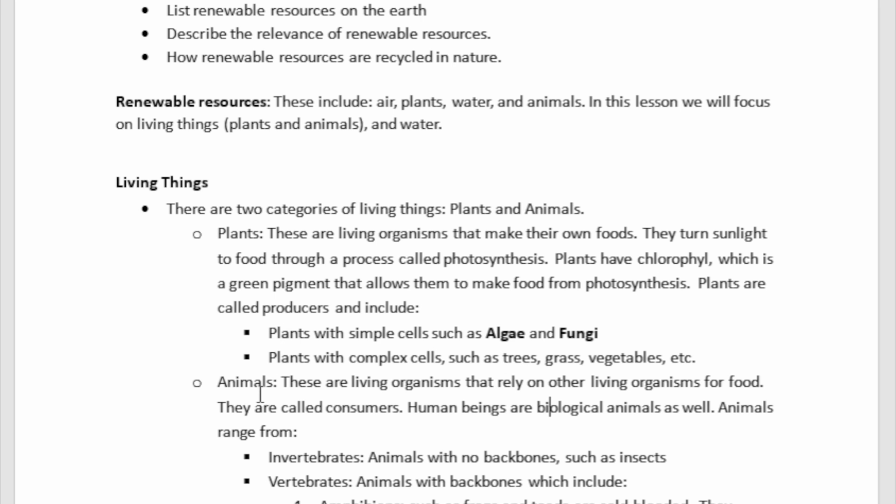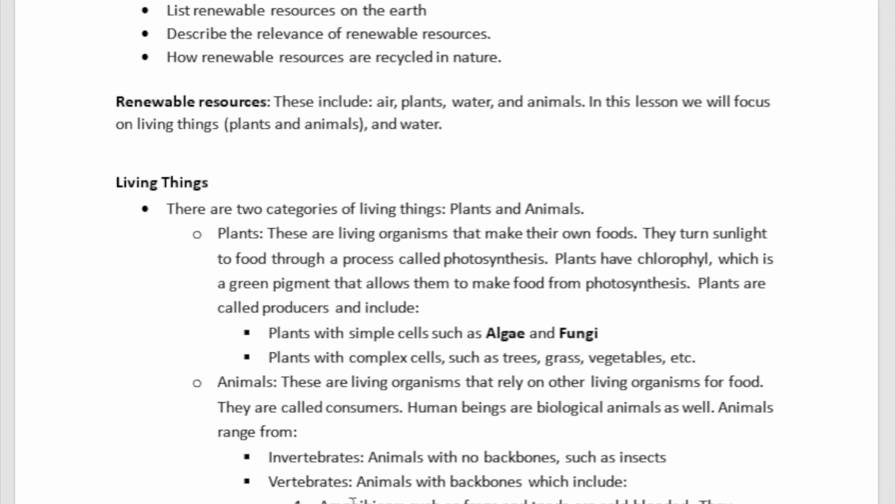And then there is another category of living things called animals, which is going to be inclusive of humans as well. So human beings are biological animals, not necessarily sociological animals, but we are animals biologically. Well, there are different ranges of animals. Invertebrates, like animals with no backbones, such as insects, and vertebrates, like animals with backbones, which are going to include